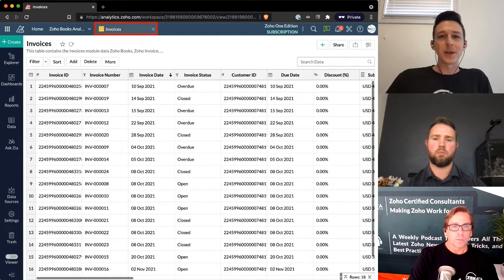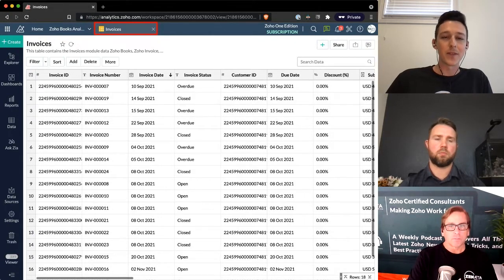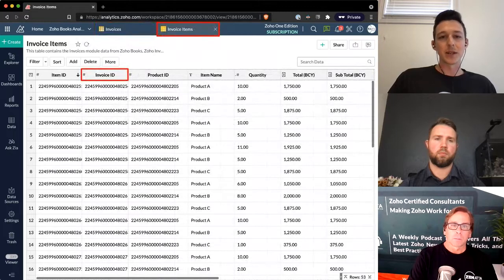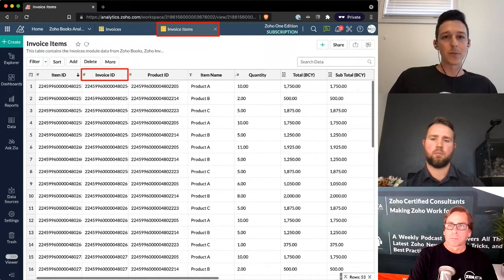One thing that you'll notice about this table, though, is that it doesn't contain the items. So this gives us something like the total sales amount on the invoice, but not the specific line items that make up that total sales amount. The reason for that is that you can have many different invoice items for one invoice. So Zoho Analytics is going to break that into its own table. But within that invoice items table, we have a column for the invoice ID